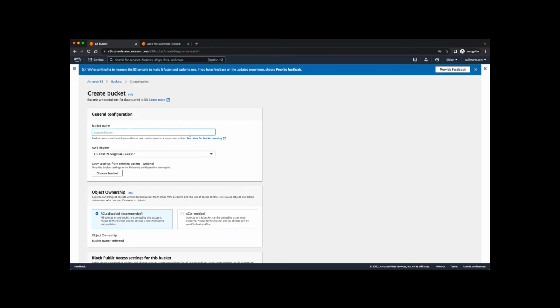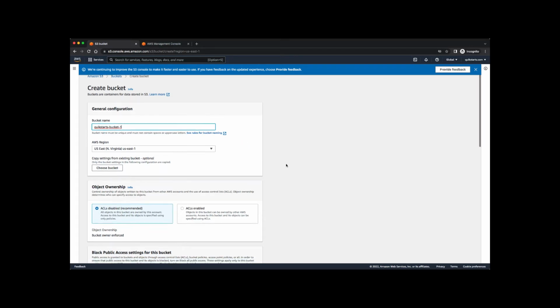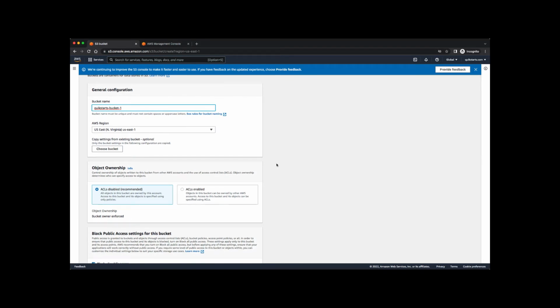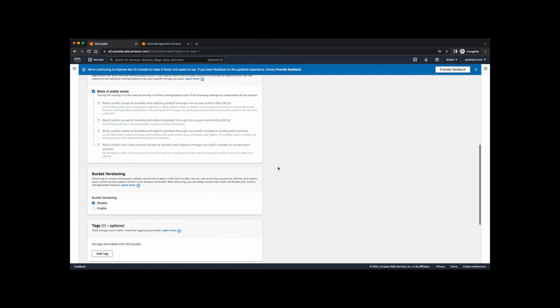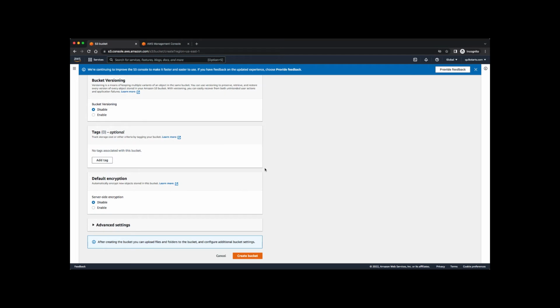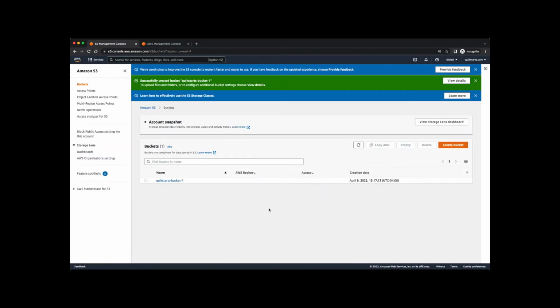We're going to call that bucket Quick Starts Bucket 1. Okay. For the purposes of this exercise, we're going to keep everything else at the default settings, and we're going to create the bucket. Scroll down, hit the create bucket button, and just like that, you'll get a message here indicating that your bucket was created successfully, and